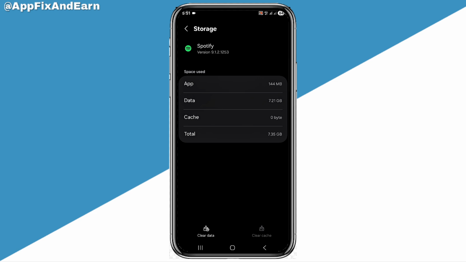Sometimes this might be a bug issue. So in order for you to fix it, you need to clear the cache of the app. So after clearing the cache of the app like this, you need to go ahead and open the app and check if you are still having that same problem. Then if you are still having that same problem, you need to come back right here and click on clear